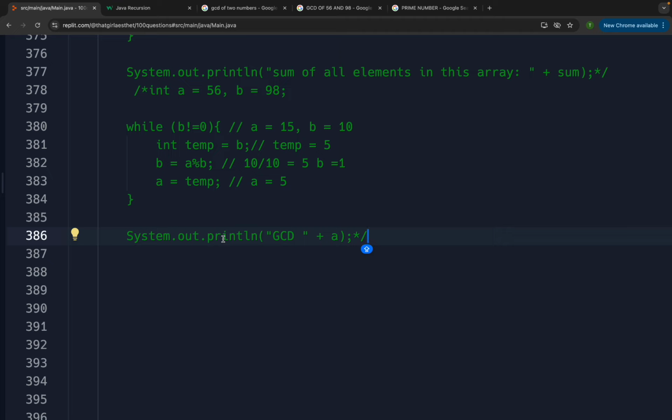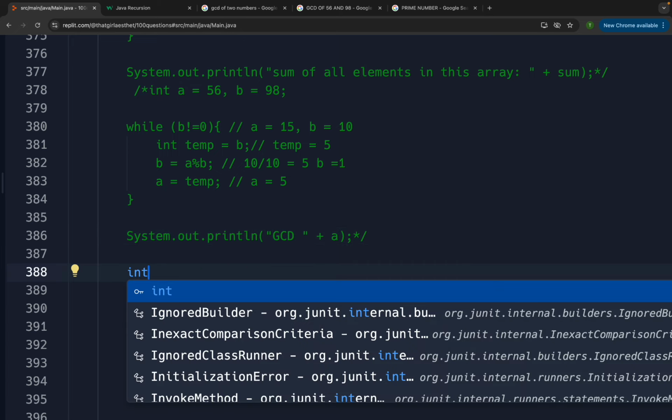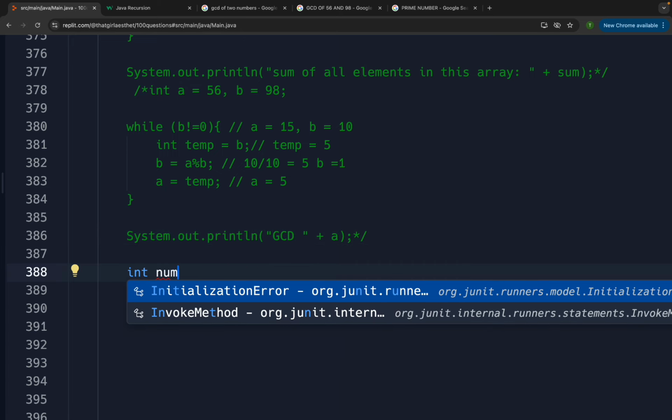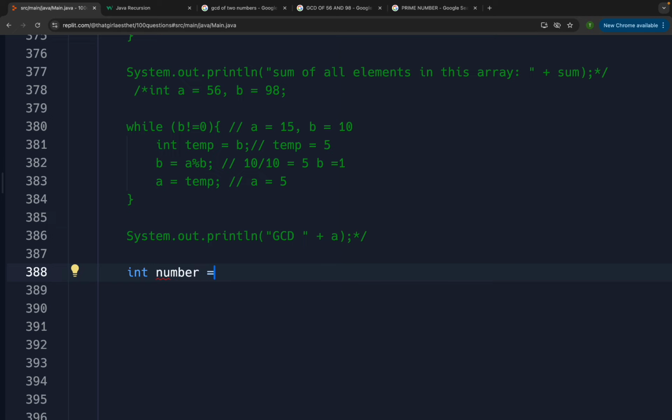So what we are going to do is we are going to run a loop from int i is equal to 2, as long as i is less than the number divided by 2, and then i plus plus. So if this number modulus i at any point becomes 0, then it won't be a prime. But if it's not becoming 0 at any point, it will be a prime. Okay, so let's write the code. Now first let's suppose a number, int number is equal to 29,